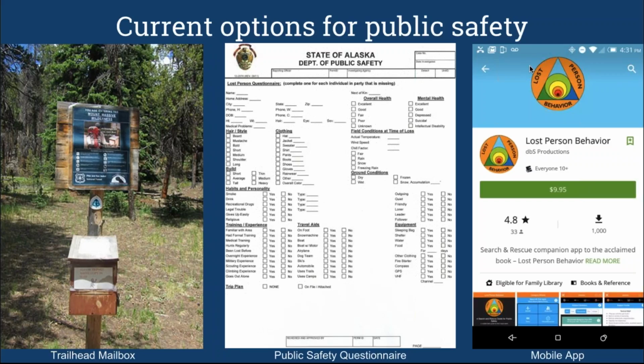But there's not really an easy way for the State of Alaska Department of Public Safety to electronically receive the paper that was put into the trailhead mailbox. And there's not necessarily an intuitive way to take the information captured on either of those forms and apply it to the logic of how they should be distributing and allocating their resources. Right. Which brings us to our vision, which is the next slide,